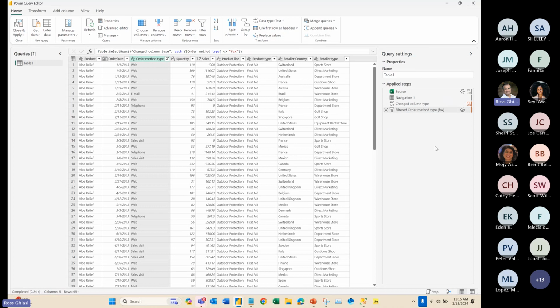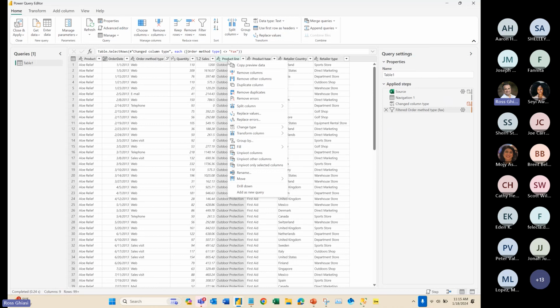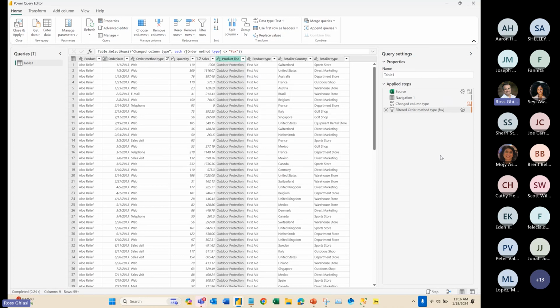So for someone else who comes back here and opens up maybe this Power BI Desktop file, they can see what kind of transformation has been performed. Cool. And also, if I want to, let's say, remove a certain column, I like the right click. So if I want to remove this column, get rid of this, if I had duplicates here, if I wanted to split the column, sometimes you have a column where the names or the information is concatenated, you can do splitting, et cetera. So, all right. For today's example, I think this is sufficient,